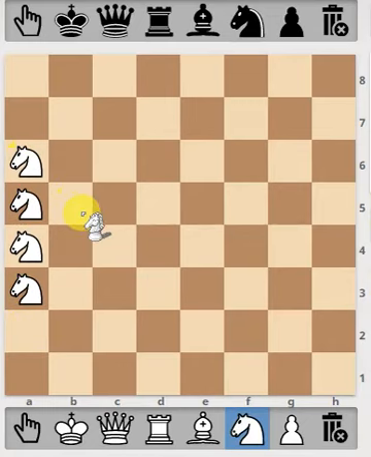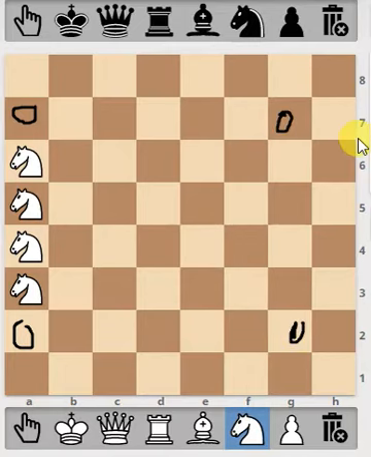On these 4 squares, the knight moves to 4 squares, but on these squares, sorry, not these squares, on these squares the knight moves in only 3 directions.